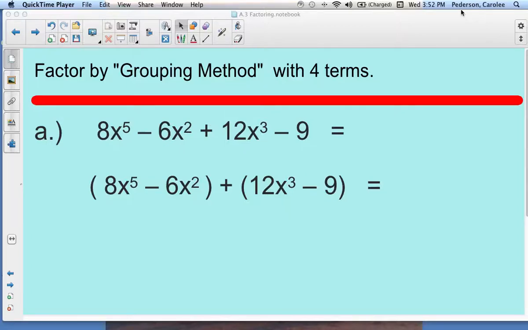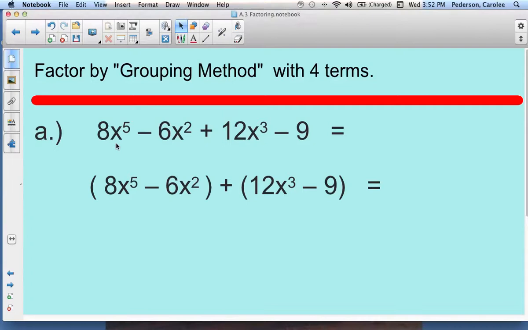This video focuses on factoring by the grouping method. We do this when we have 4 terms. So you try to group 2 terms and 2 terms that have something alike that you can take out the GCF. So I'm grouping these 2 terms together